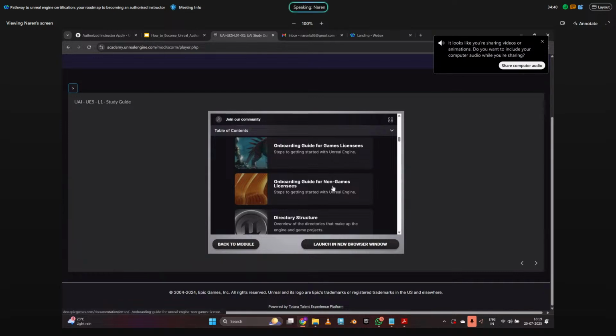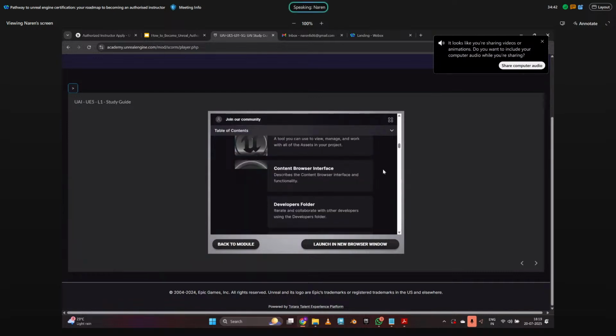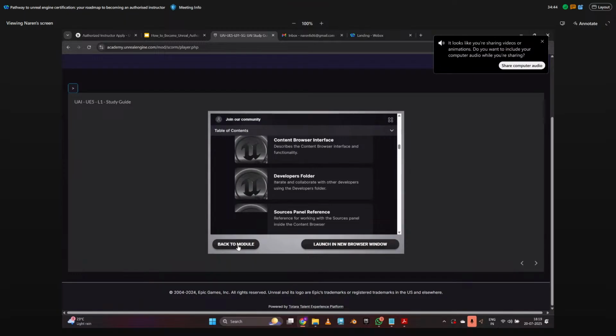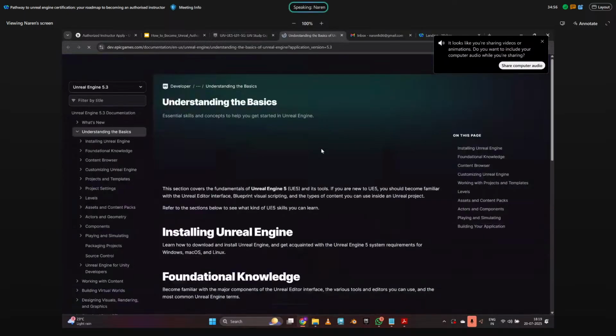So launch in a different window. This is how it comes up. So conditional knowledge, levels, assets, content. Suppose you need help with this, you can just click the particular topic and it will launch. And you'll get a tutorial on everything.